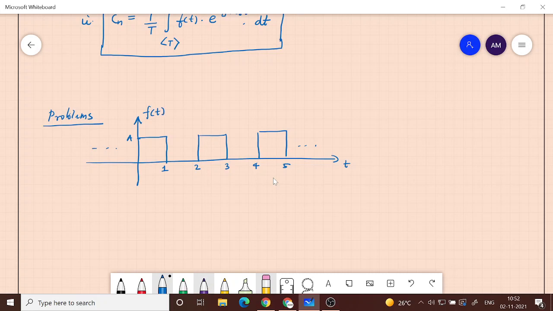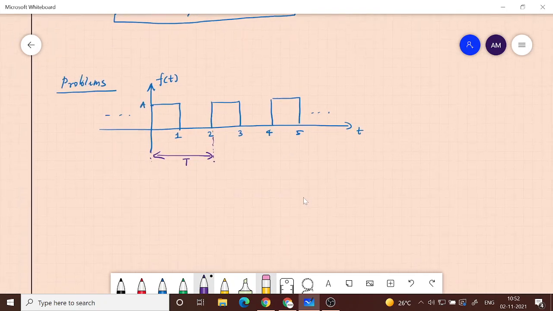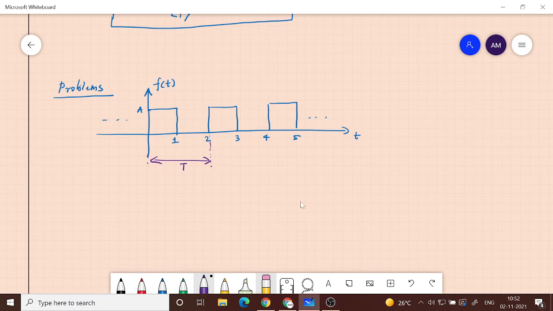So whatever you see in one period, this is our period, gets repeated to the left and right. So that's why it's a periodic signal. A periodic signal is a power signal, and the question is basically to find or expand or approximate f of t